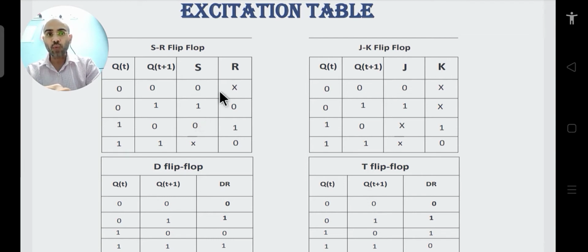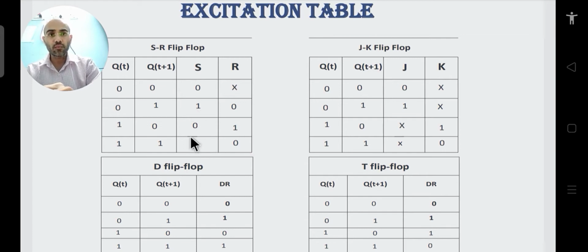Then Q(t+1) will be 0 if Q(t) is equal to 0. Whereas if Q(t) is 0 and you want Q(t+1) to be 1, then you have to assure that the inputs S and R are 1, 0. For the case when Q(t) is equal to 1 and you want Q(t+1) to be 0, you have to assure that R is equal to 1 and S is equal to 0.